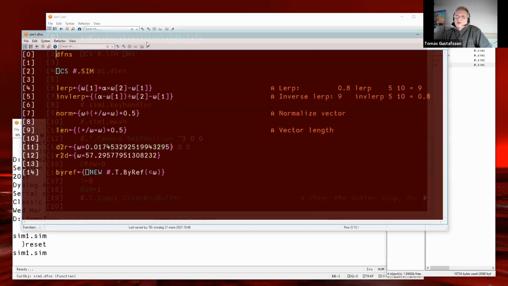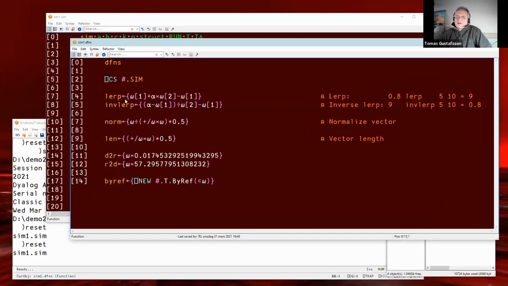Initiating some dynamic functions like linear interpolation, inverse linear interpolation, normalize length of a vector, like you can see here, omega squared, and the sum of omega squared and the square root of that, degrees to radians and radians to degrees.